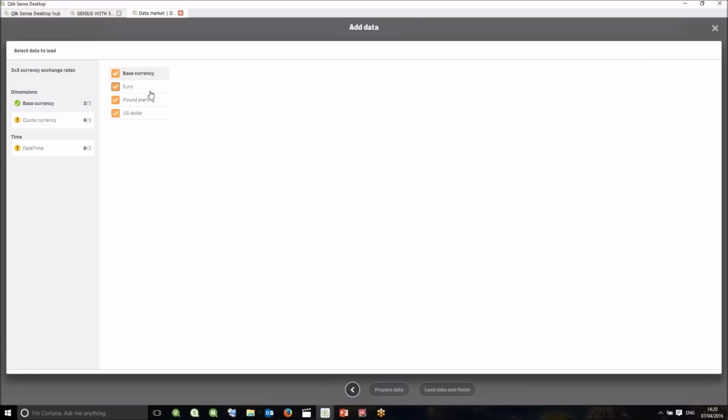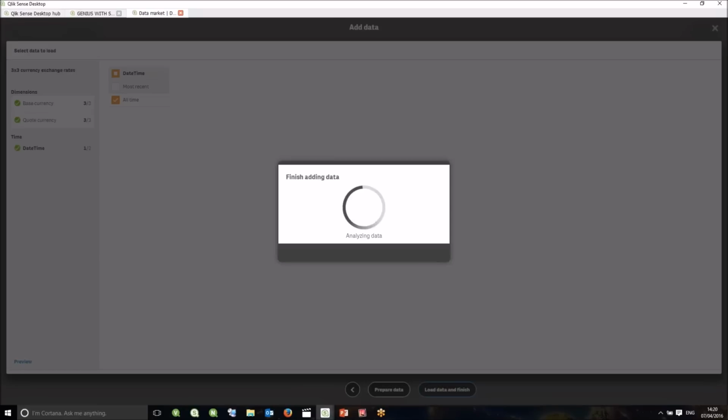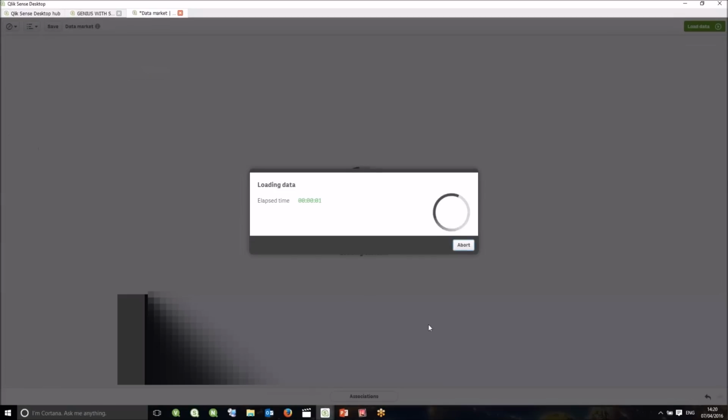So exchange rates between all three of these currencies. I'm going to get all the quote currencies, and I can choose either just to get the most recent, or I can get the whole of history, and then I can pull that information in. So as you see,